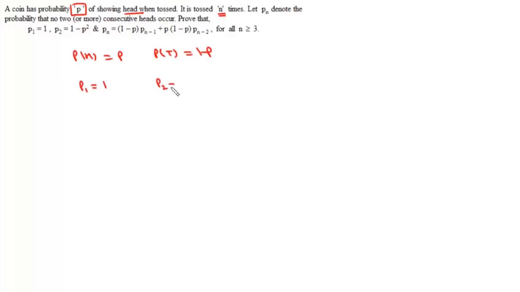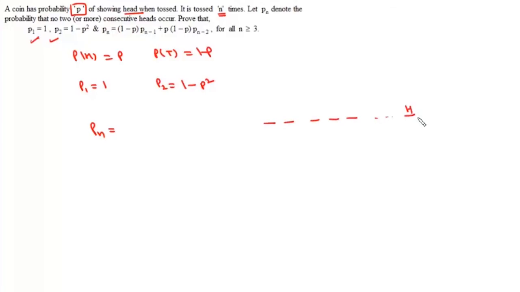Now if we look at P2, P2 will be the case when we have either heads tails or tails heads or tails tails. That is 1 minus the case when it has turned heads both times. So it will be 1 minus P square. So that's your P1 and P2. Now if we look at Pn, now Pn is n tosses, and in these n tosses there should be no 2 consecutive heads. Now if we look at this Pn for this nth toss,